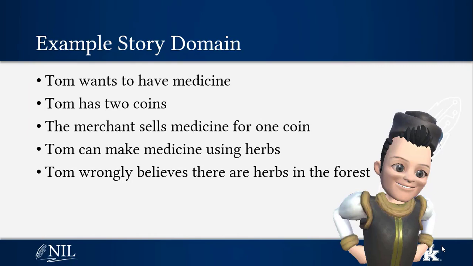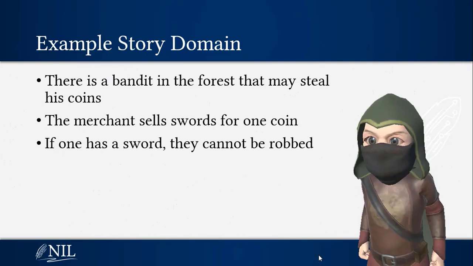In this paper, we use a simple example. Tom wants to have medicine, and he has 2 coins. The merchant sells medicine for 1 coin, but Tom can also make medicine using herbs. Tom believes that there are herbs in the forest, but in actuality, there are not. There is a bandit in the forest that may steal Tom's coins. The merchant also sells swords for 1 coin, and if Tom buys a sword, he can't be robbed by the